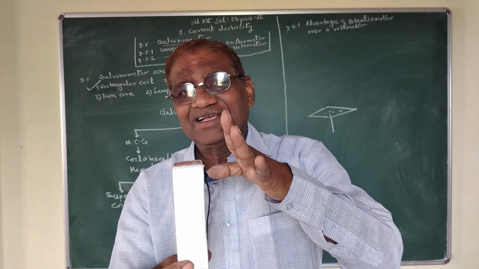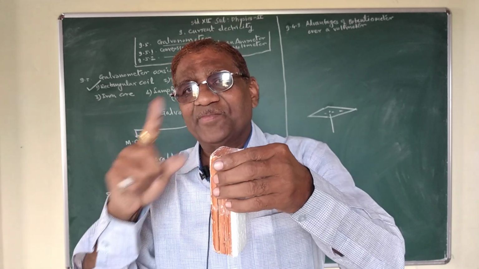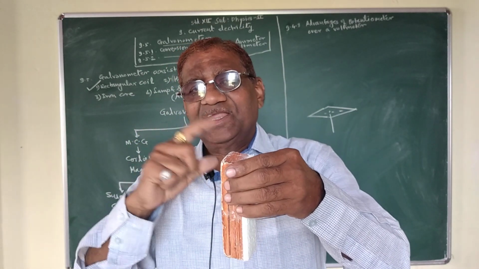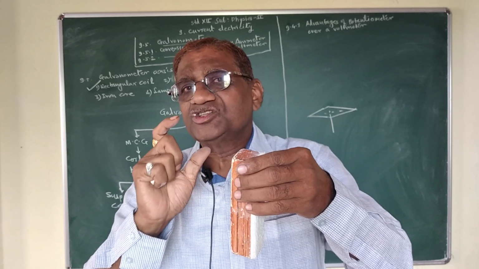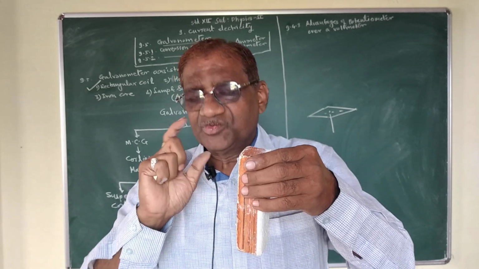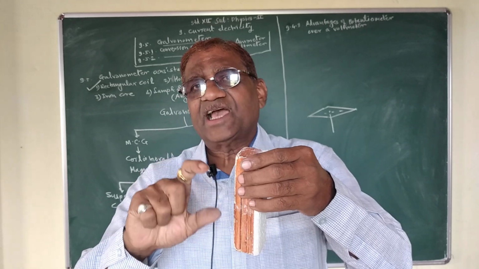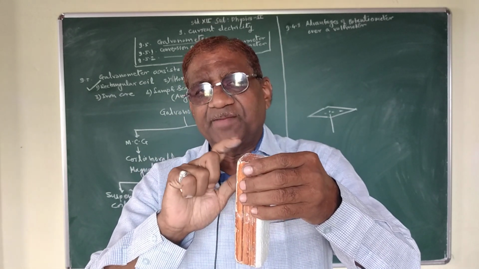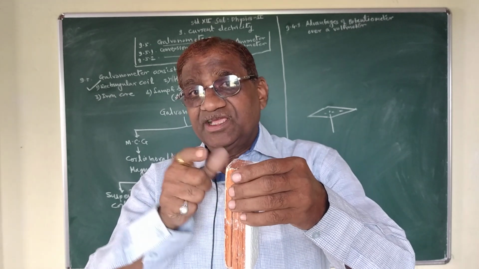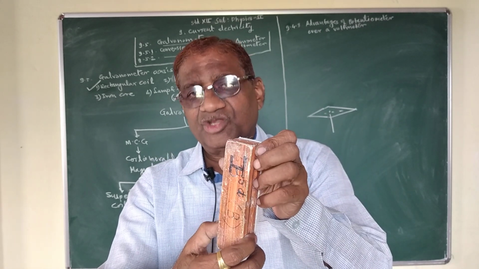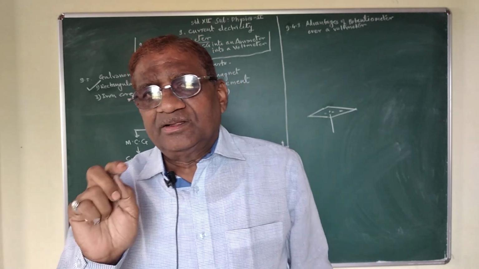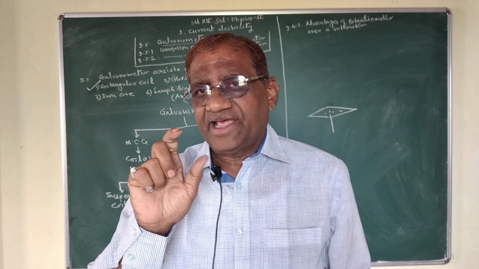ये कौन करता है? जो एल्यूमिनियम फ्रेम है वाइंडिंग के लिए, अपन ये कॉइल वाइंडिंग के लिए जो एल्यूमिनियम फ्रेम यूज में लाया है, उसमें इंड्यूस करंट तैयार होता है. वो इंड्यूस करंट opposes the motion of the frame, इसकी मोशन को विरोध करता है. So this is the first part, the rectangular coil.